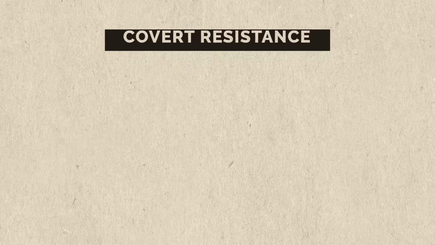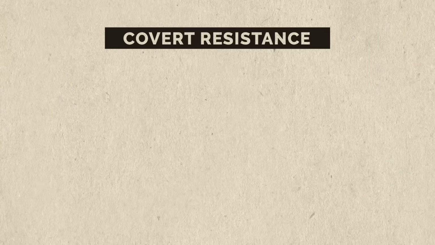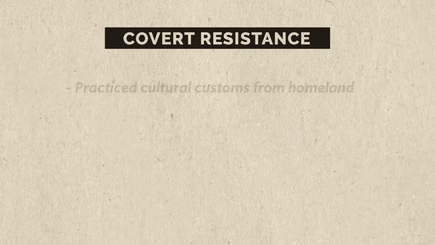Among the covert means of resistance, some of the enslaved people secretly practiced cultural customs from their homeland, and then additionally, others maintained their belief systems and spoke their native languages and kept their naming practices from home. And still others slowed the pace of work by breaking tools and damaging crops, but these kinds of resistance were the least of the worries of the plantation owners. What they worried about most was the overt rebellion among slaves, and this was particularly worrisome where the black population was in the